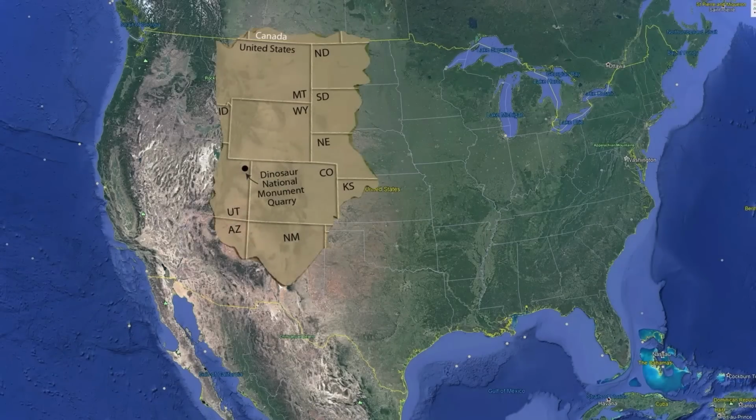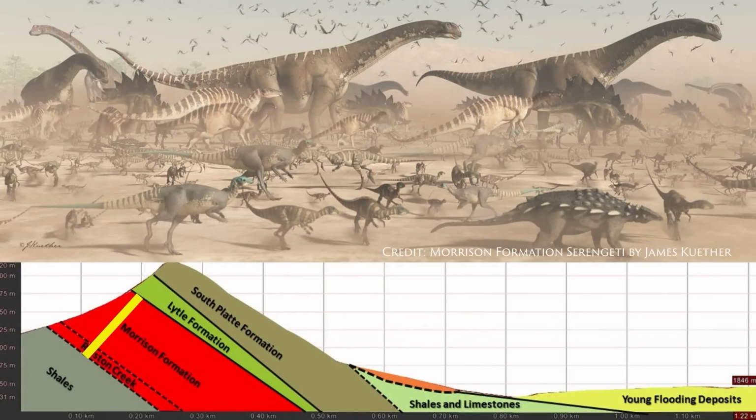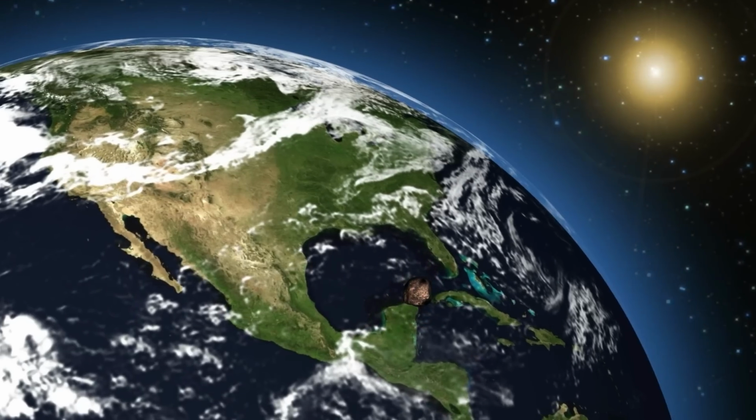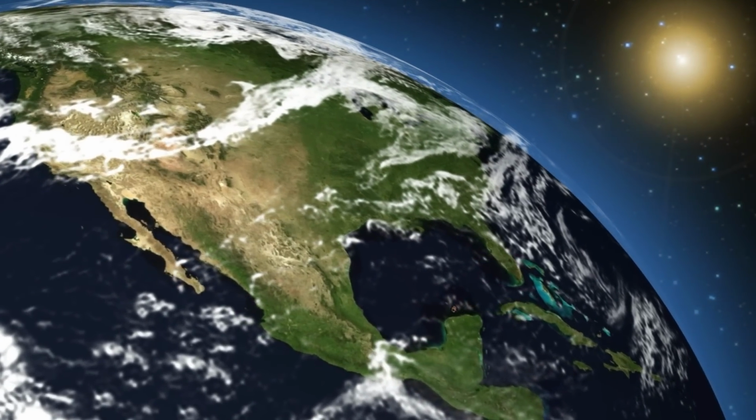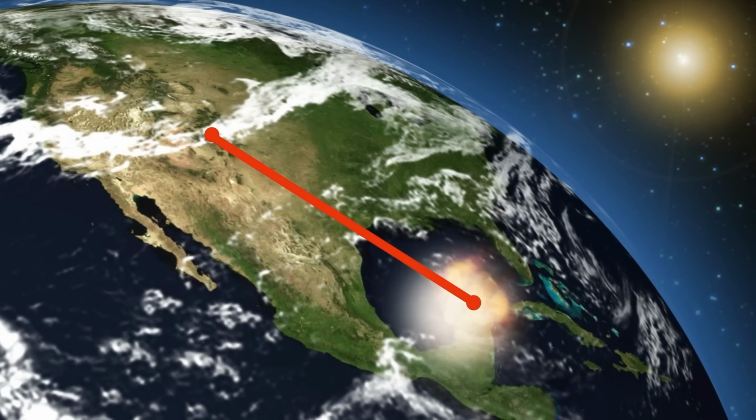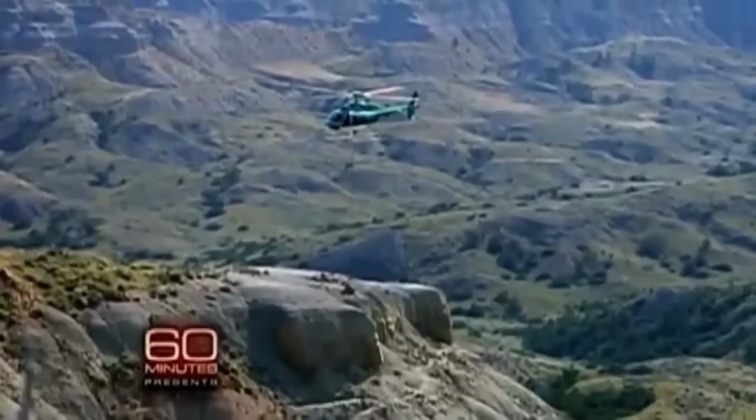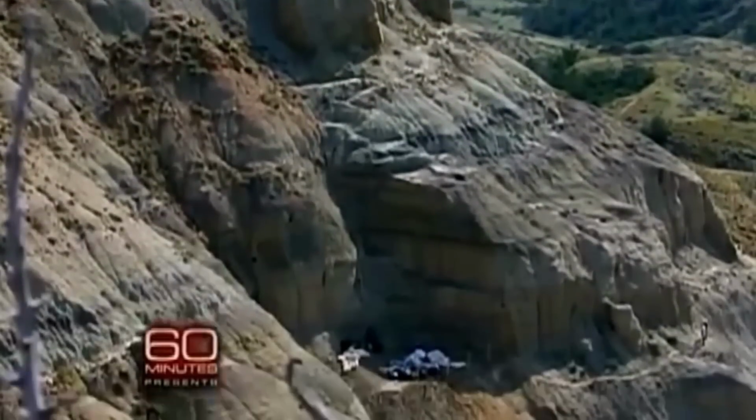The Morrison Formation alone has 37 genera of dinosaurs that all got buried at the same time, and they are sandwiched between multiple layers of stratified mud, tens to hundreds of feet thick, which is exactly what tsunamis caused from catastrophic plate tectonics would create. An asteroid that landed thousands of miles away could not do this because these creatures are buried under tens and sometimes hundreds of feet of layered mud.